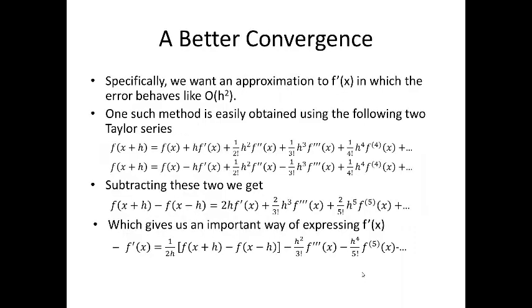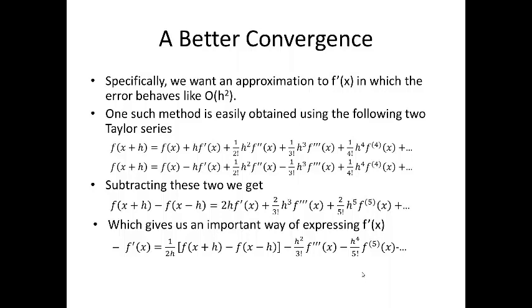So, we'd like to see if we can find an even better way to approximate f prime of x, in particular one in which the error behaves like O of h squared. One method is easily obtained by using the following two Taylor series for f of x plus h and f of x minus h. We subtract these two, and we get f of x plus h minus f of x minus h